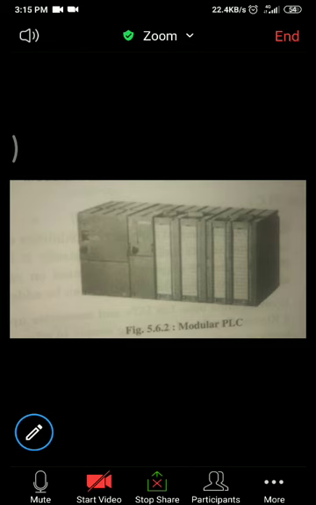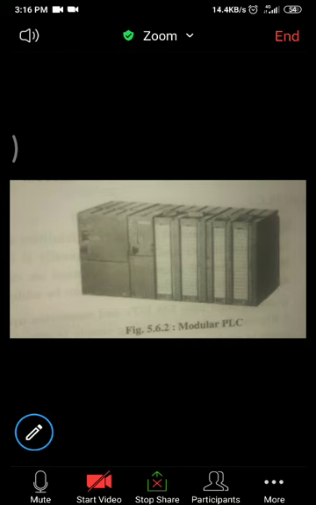Now the medium PLC has input outputs, CPU, and power supply as separate modules, which can be easily fixed or removed from the rack. Unlike the small PLC, which has all this in a single module with an expansion module connected to it, the medium PLC has separate modules that can be fixed or removed from the rack easily. This PLC can support special function modules like analog modules, counters, and timers that we have already discussed.